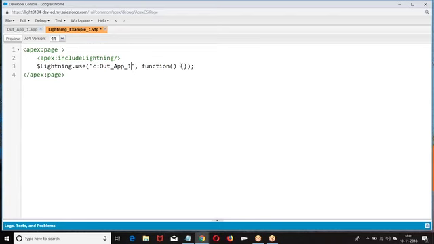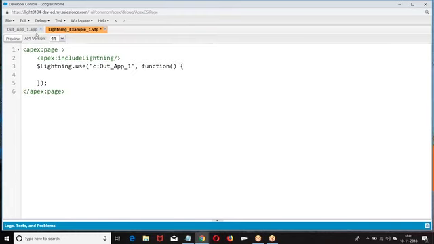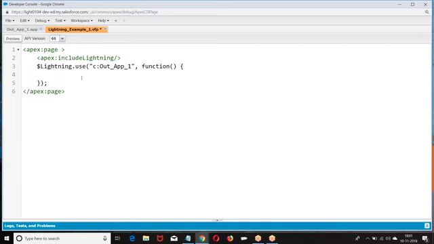While you are creating the function, we need to understand the point here. Whatever the dependency resource is in this lightning application, I have to create that dependency resource here.